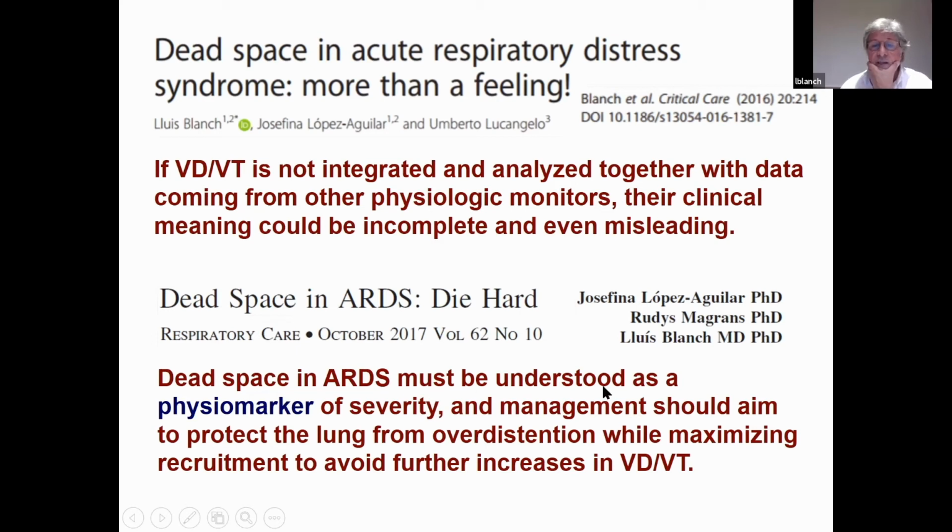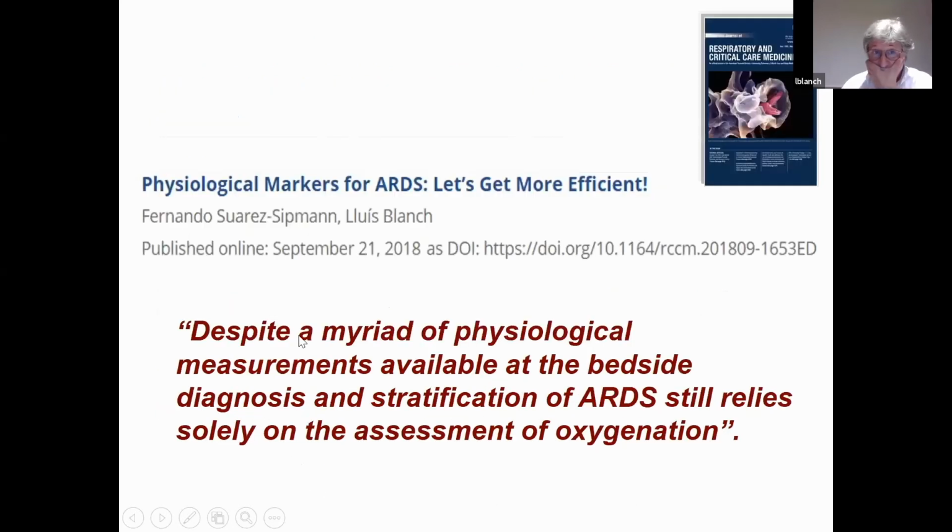Dead space in ARDS must be understood as a physiomarker of severity, and management should aim to protect the lung from overdistension while maximizing recruitment to avoid further increases in tidal volume. Also, measured VD/VT can be used as a prognostic indicator. And I wrote an editorial in this paper of Khaled and